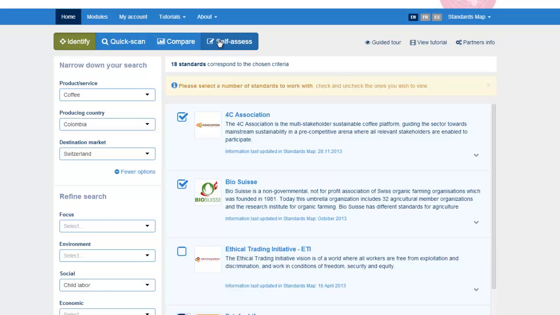It's up to you. You can directly jump to the self-assessment module or to the compare one or the quick scan. The analysis is not linear. We do recommend, though, that you first start by checking out the quick scan, go into compare, and self-assess if you wish. So I'm going to click on quick scan,